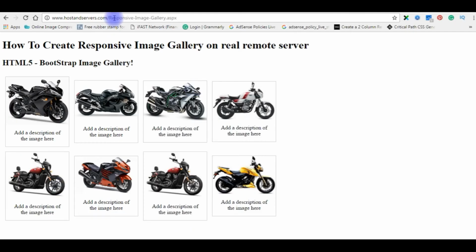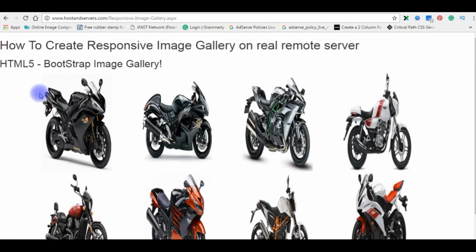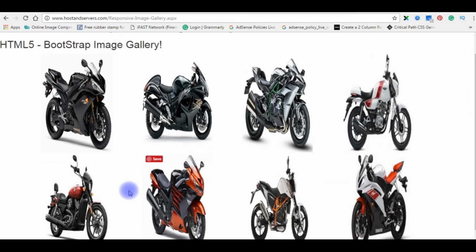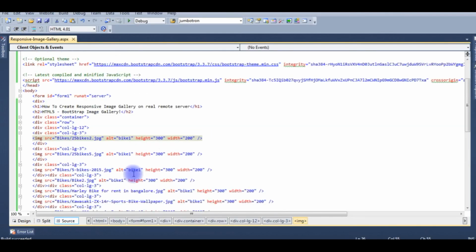This is the old image gallery on the responsive image gallery page. Now I'm refreshing this page. After refreshing this page, this is the output I got. First thing, I need to change the height and width of the images. 200, 150.